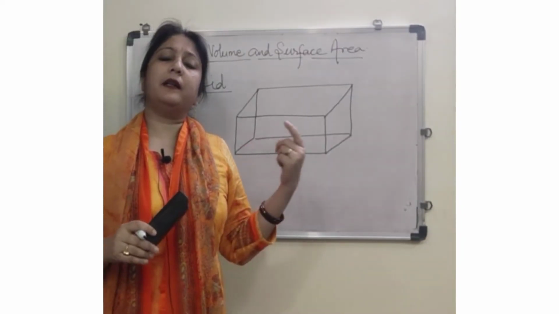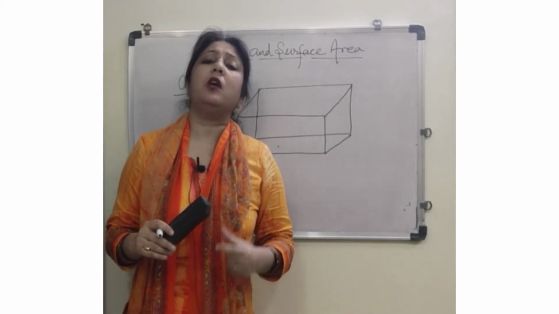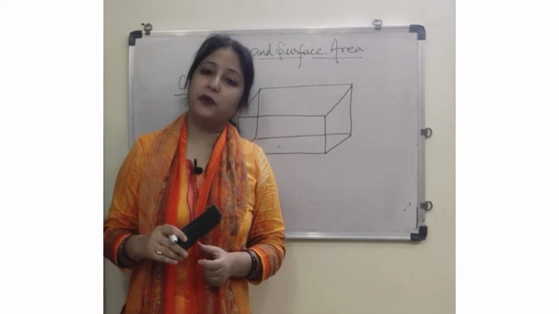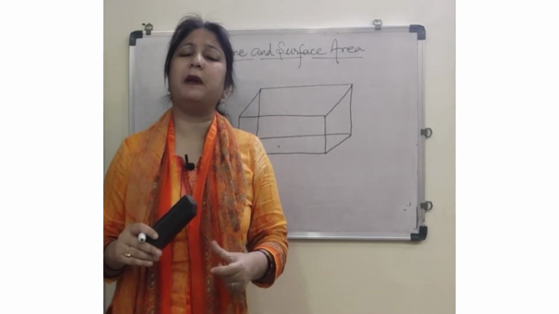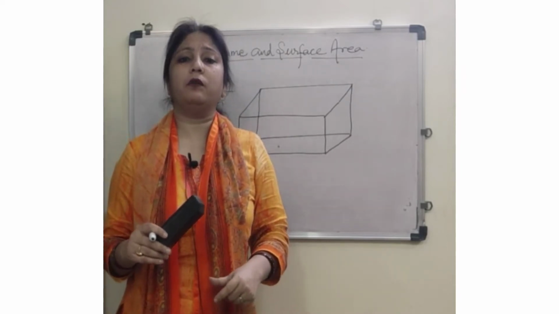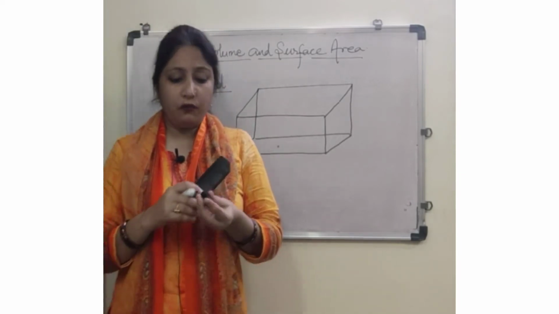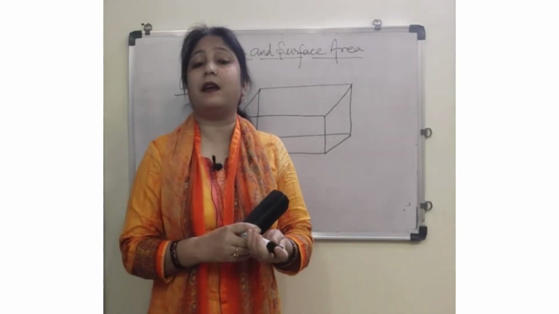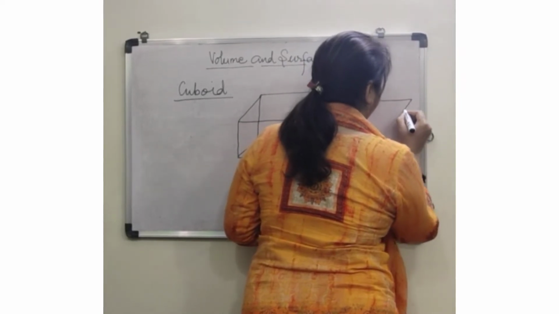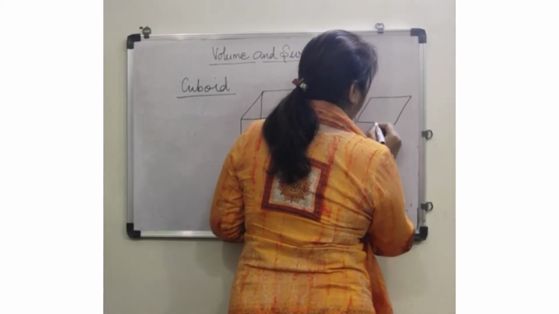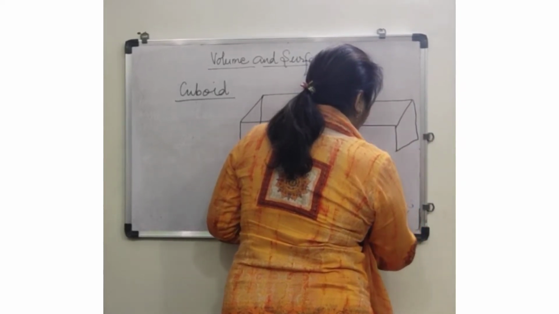Now coming to another solid shape, that is cuboid. Children, I am taking up basic things so that it will be easy for you to understand the concept. I will take higher questions later on, not right now. First, just understand. You saw cube. Did you try to find out how many faces it has? How many edges does it have? I am drawing one cube over here for you. And what is the shape of each face? Its length, breadth, height, they are all the same.